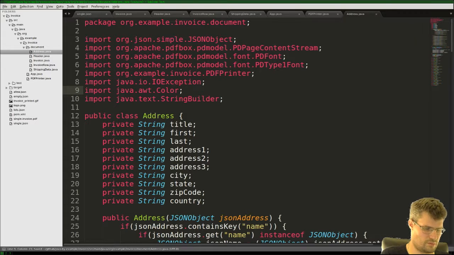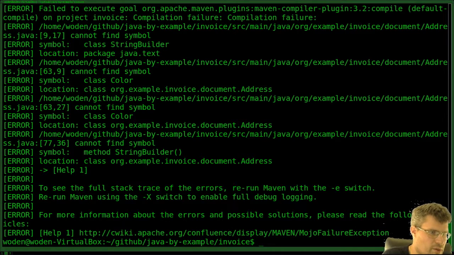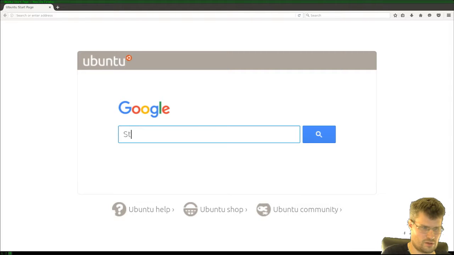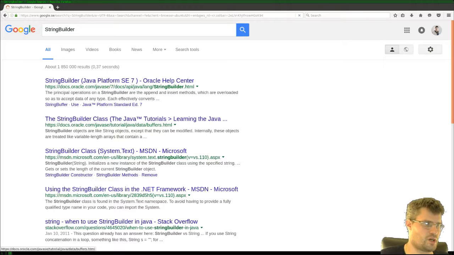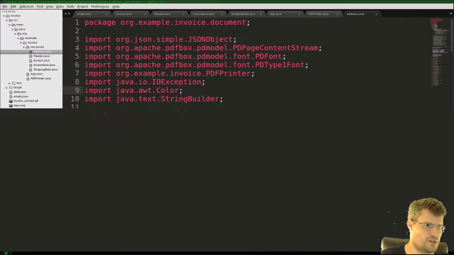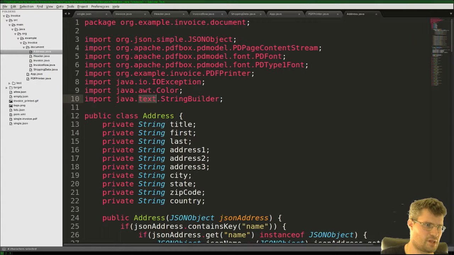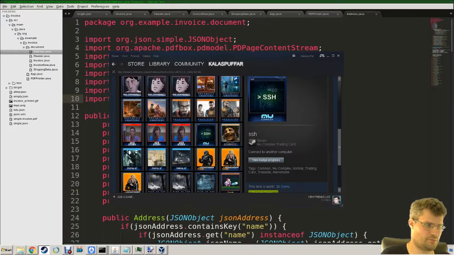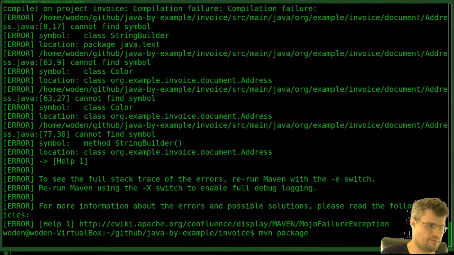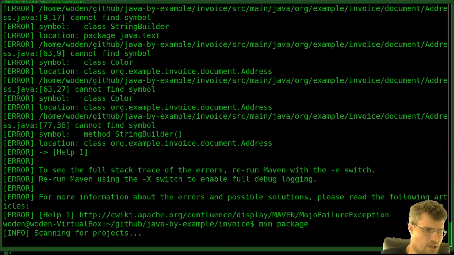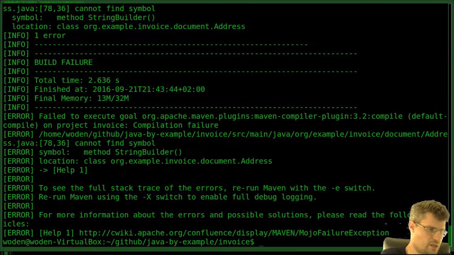So, what did we see more? We had the string builder. String builder isn't defined. Color isn't defined. So, it's not in text. So, string builder, where do we have it? Java lang. Okay. The Windows key didn't work for me, so I changed it to the Alt key, and I forgot to actually push it every time because I'm so used to